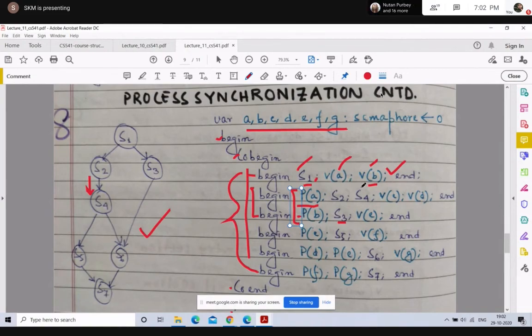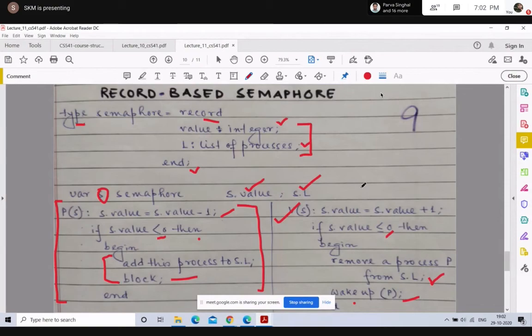To get rid of the busy waiting problem, we redefine the semaphore variable into a record-based or structure-based construct, also known as a record-based semaphore, where you have 2 fields. One is the value and the other is the list, which stores the processes waiting for the same semaphore variable.